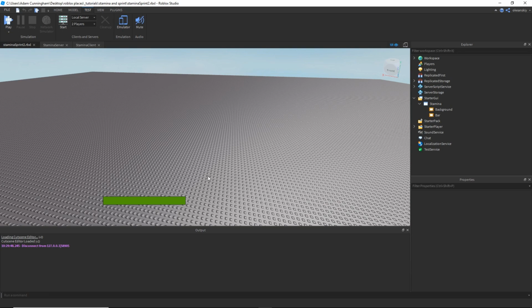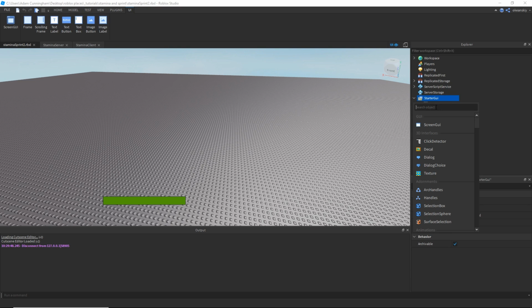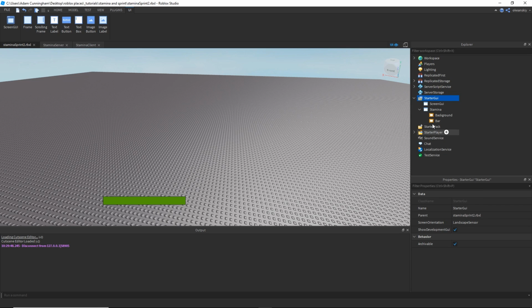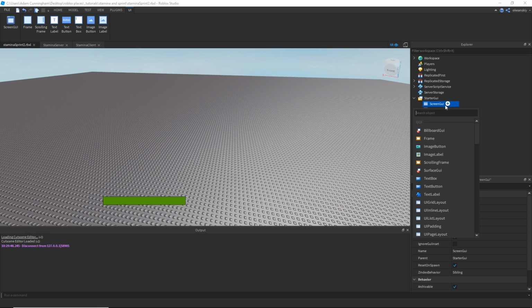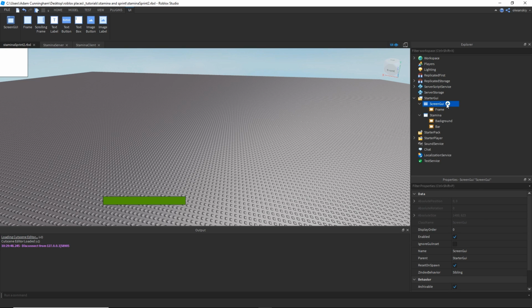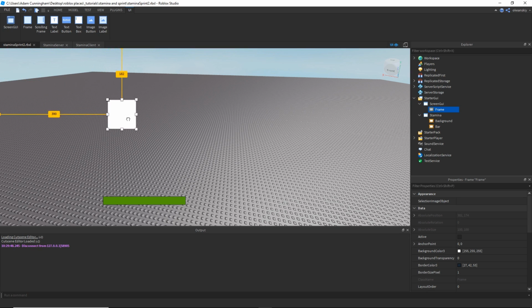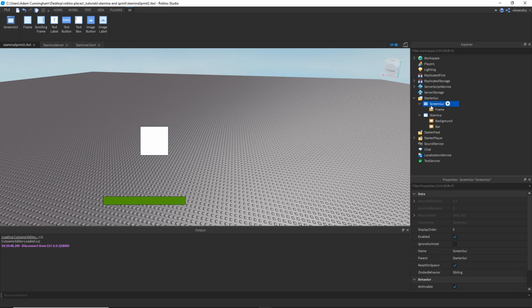So the first thing we're going to do is make the Stamina Bar GUI. Go ahead and just add into the StarterGui a new ScreenGui, and then add 2 frames into that. We'll just add 1 for now and then we'll duplicate it later. I'm going to rename the ScreenGui to Stamina,